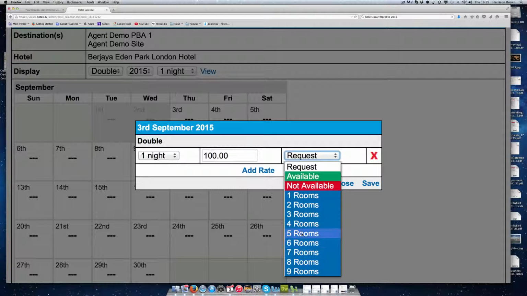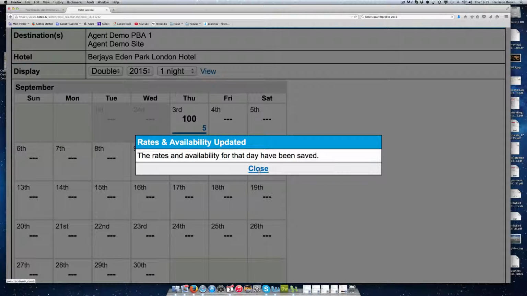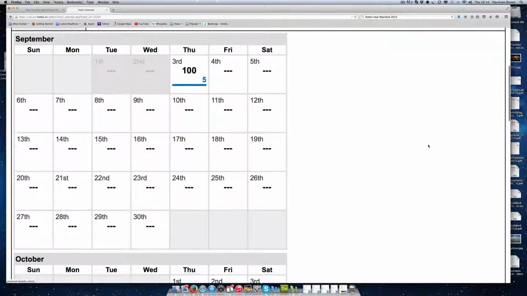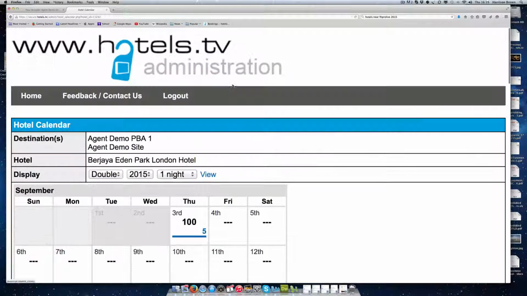Whereas if you just put 5 rooms or 10 rooms or 50 rooms, our system will automatically generate a template confirmation that goes to the guest, goes to the hotel, and comes to you and comes to us. That really makes it a very automated system that's based on a calendar type system. And as you see here on that calendar, for Thursday night, 5 rooms have been allocated at £100 a night. And then you can allocate rates for different days,